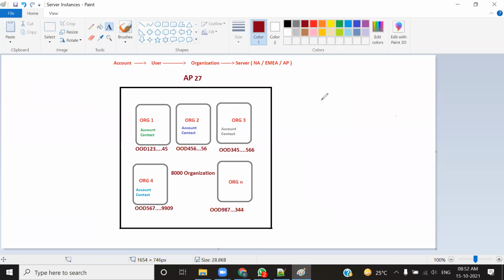It's like when you used to go to give exams, every one of you had an exam number, exam seat number, roll number, whatever you call it. So that number was unique. No two persons have the same number. In the same way, no two organizations have the same organization ID. So the organization ID is first of all unique across the server. It's not that if it is on this server, then the same ID can be found on another server. No, across the server,